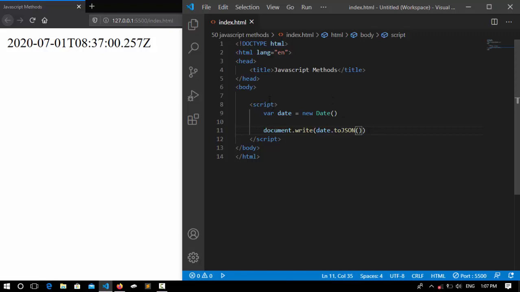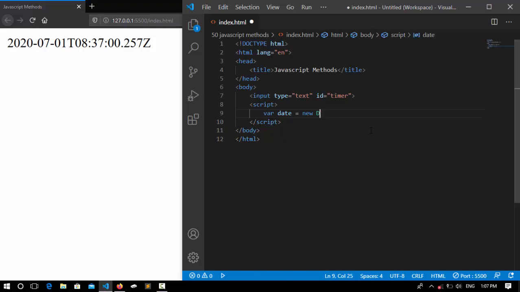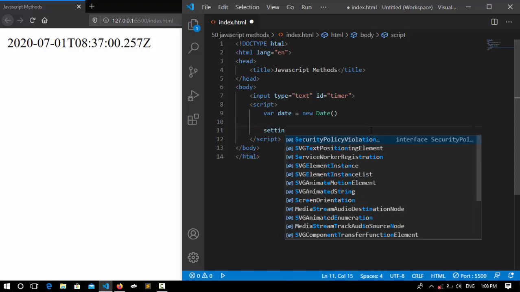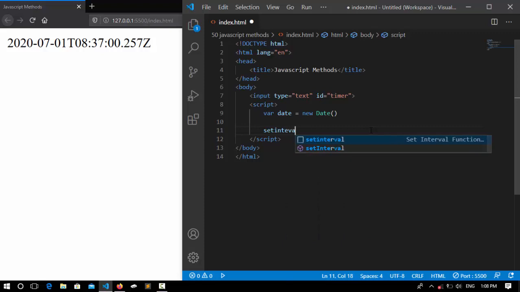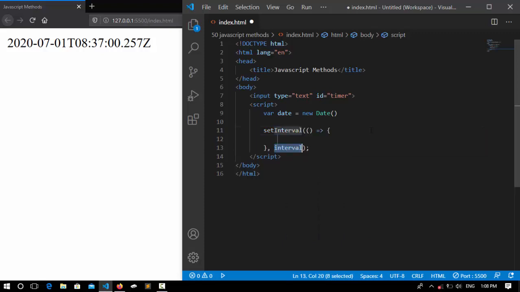Here I have some surprise for you. We will create something really simple, but it will look cool for beginners. Actually, this was the first thing that I made by myself. So here I declare an input type, and I give it an ID of timer. Now that I gave it the ID of timer, here I can declare the date object. Now I set an interval. setInterval is going to repeat something over and over again according to a specific time. So here I can pass